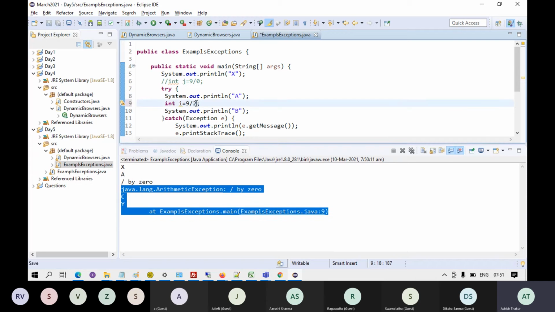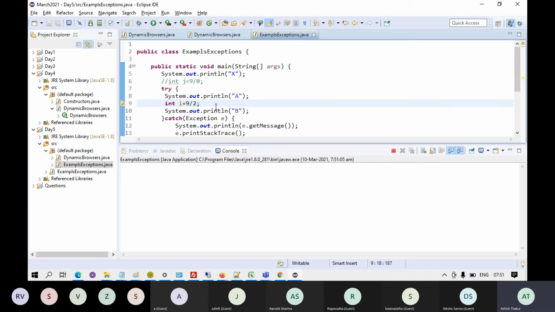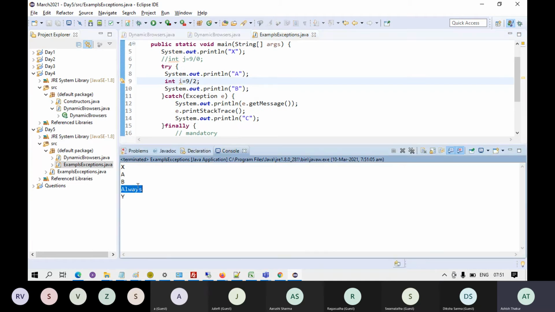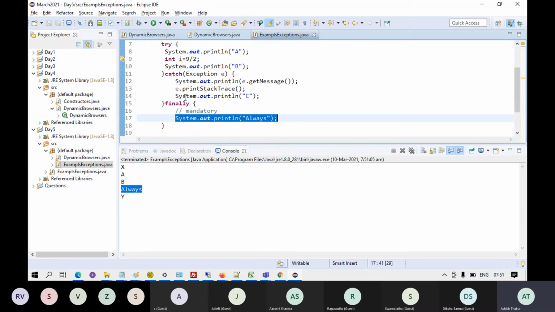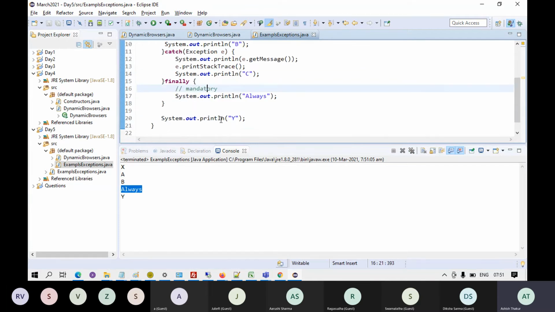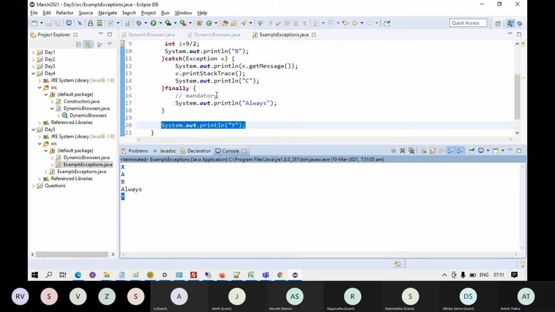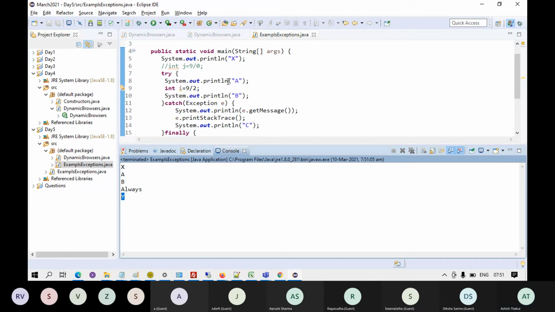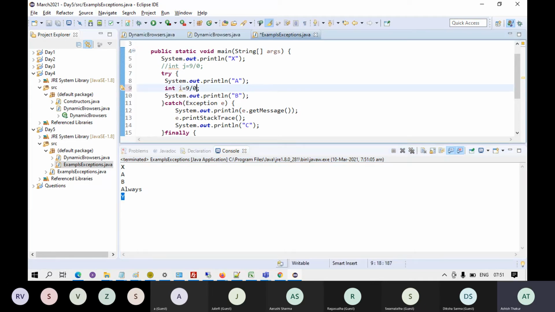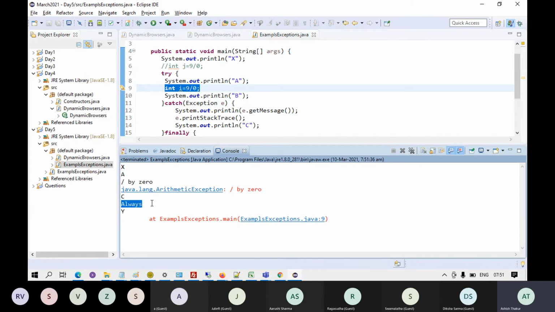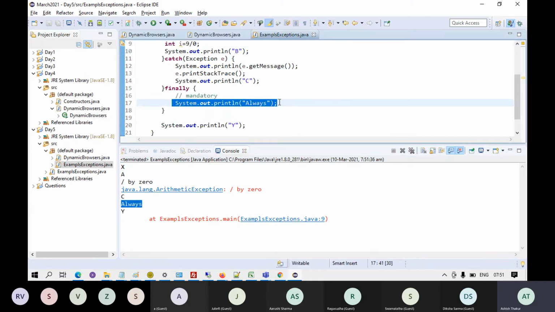So if I write 9 divided by 2 and run this, it prints X, A, B, and it goes to the finally block. It's not coming over to the catch block, and it prints Y as well. Okay, if I write 9 divided by 0, this will throw an exception, come over to the catch block, but it will certainly write always over here.